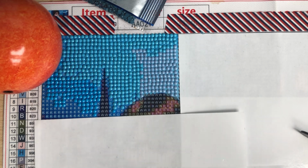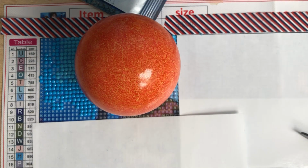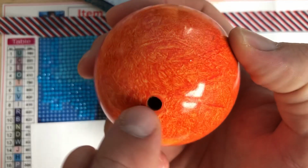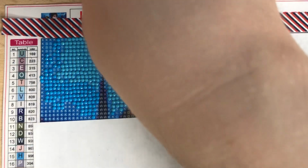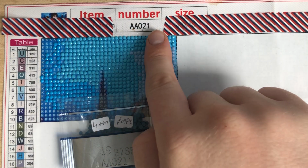Hello, this is the sun, and it's from a collection called Build the Solar System. I can't find my 19. What have I done with that? Oh no. Oh look, it's there, sitting behind the sun. You screw it onto this rod thing and it's supposed to act like the solar system. So 19 is this one, and what I do is I always check, so AA021, AA021,